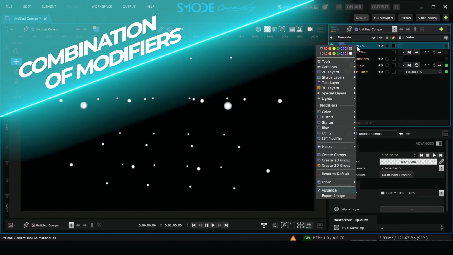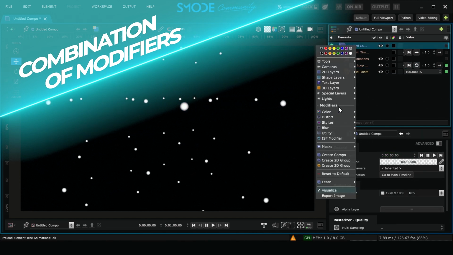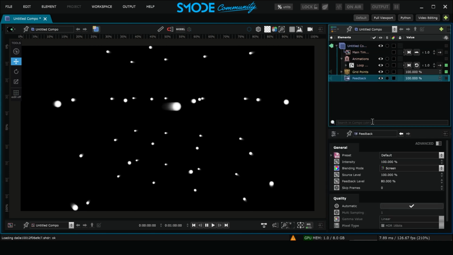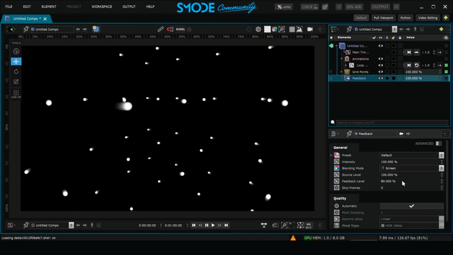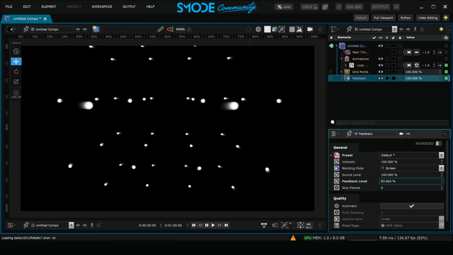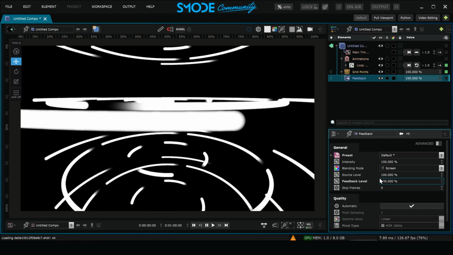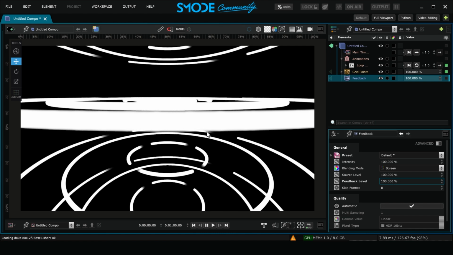Next, I will want to add an effect. For this, I will choose a modifier, and the effect we want is the feedback modifier, which will accentuate this movement effect. I can increase the feedback intensity to the maximum, which will kind of draw lines as the points